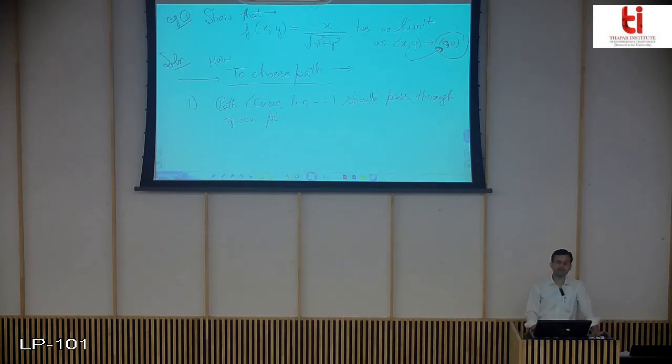It shouldn't be that you choose a path and it does not pass through that given point. So it can be something like, here at (0, 0), I can choose the path y equals mx. Why? Because as x tends to 0, y tends to 0 and it passes through (0, 0). You can see x tends to 0, y tends to 0. These are all paths.